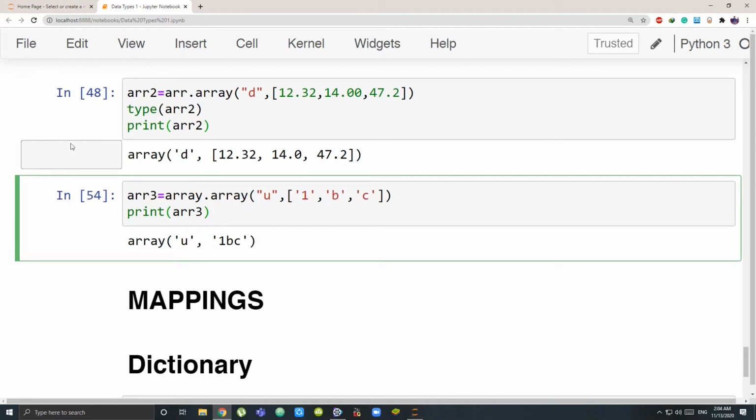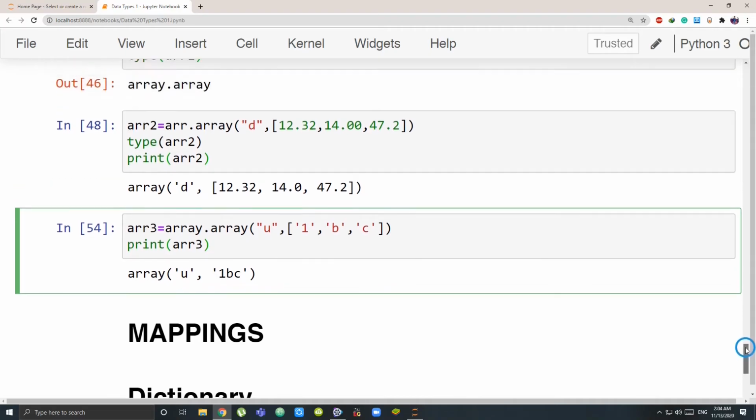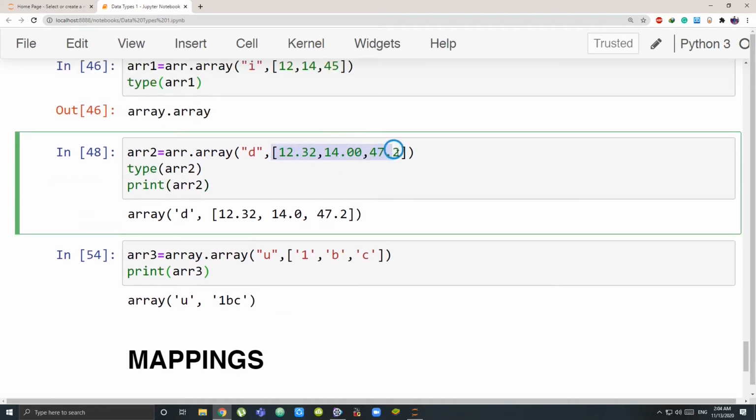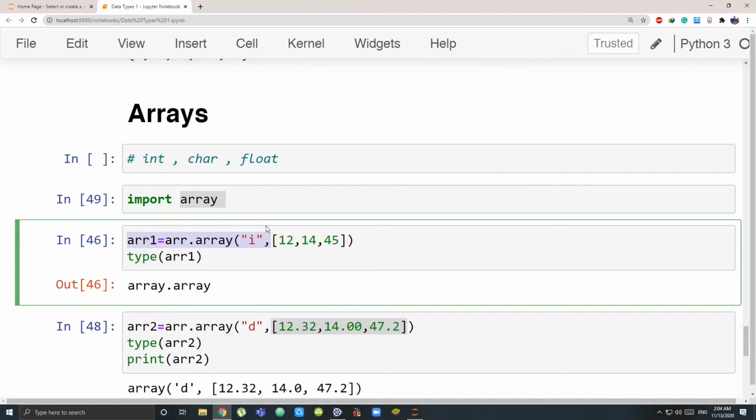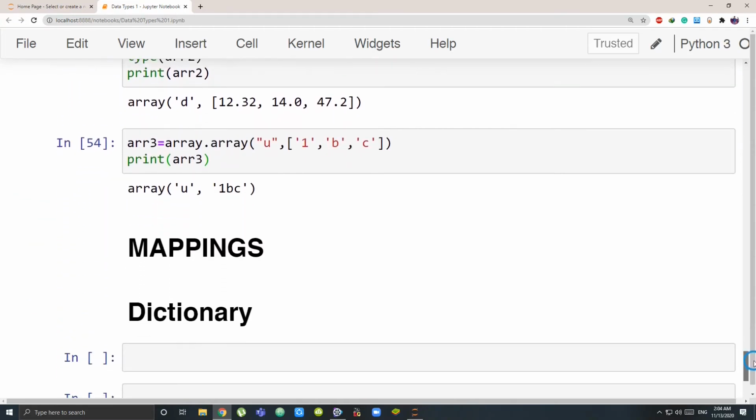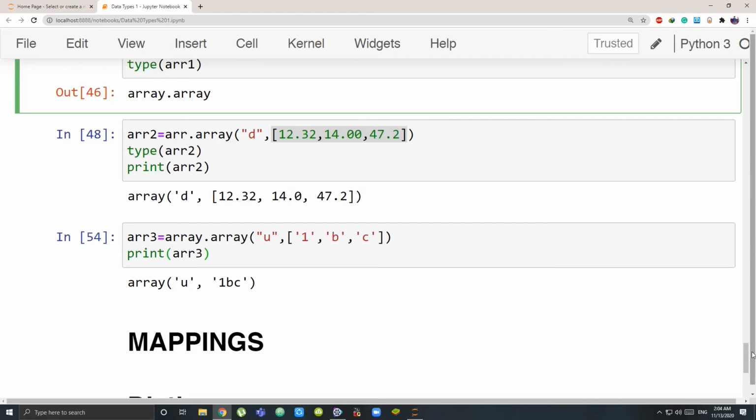Now you might be wondering, okay, I could have stored these numbers, these decimals, or these 12, 14, 45 as a list, I can store them as a list only. Why do I need an array? The basic use of an array is that arrays take very little storage.